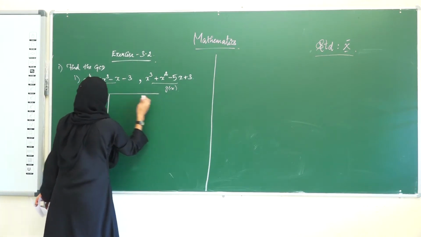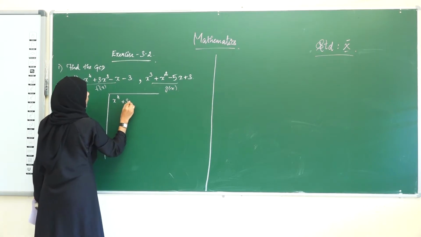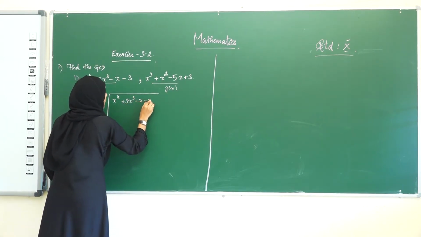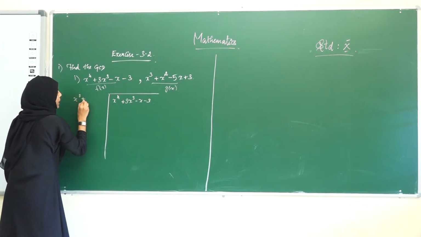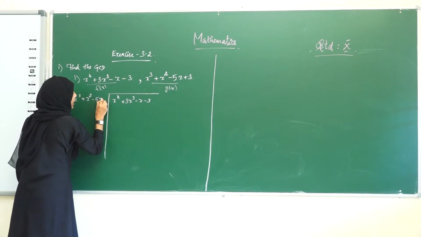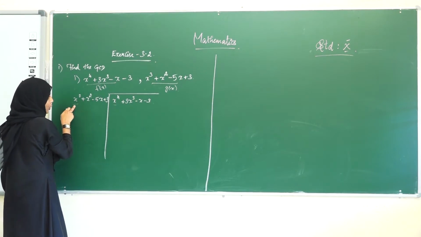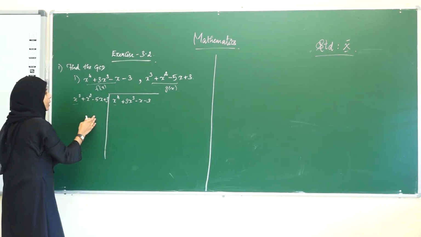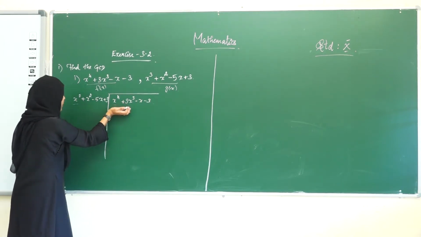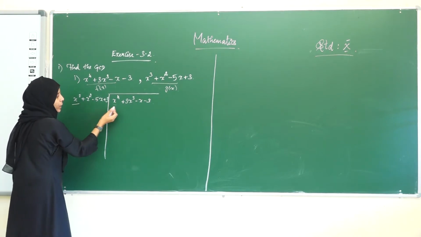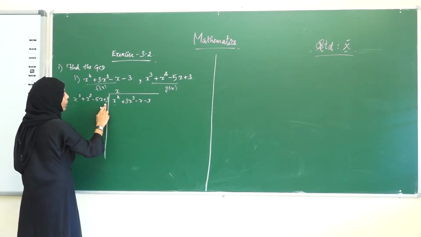We take this polynomial as f of x, so x power 4 plus 3x cube minus x minus 3 goes inside. We have to divide with g of x, that is x cube plus x square minus 5x plus 3. We consider the first term alone. Here x cube, here x power 4. On multiplying x cube with x, we get x power 4. So we should multiply this whole polynomial with x.